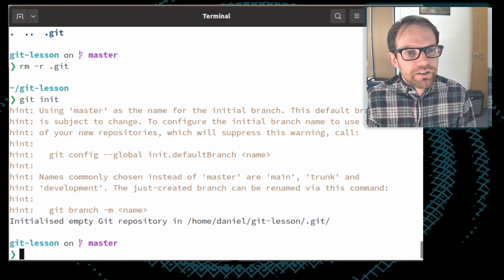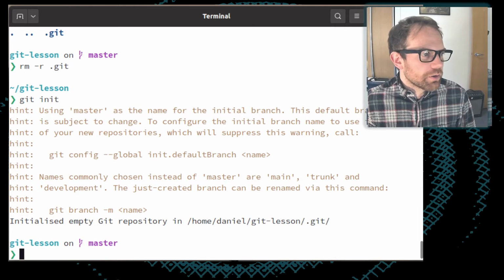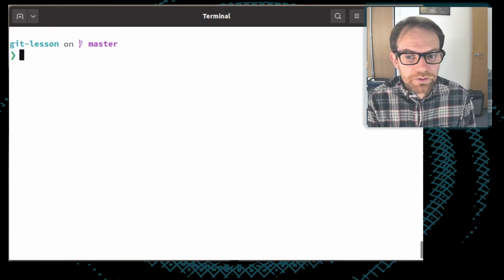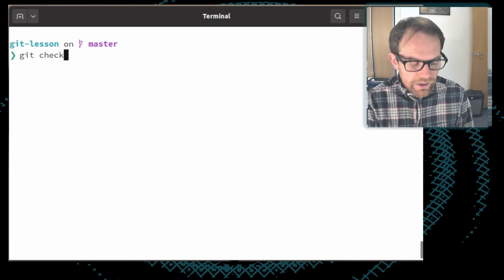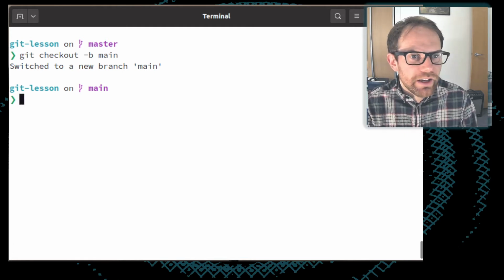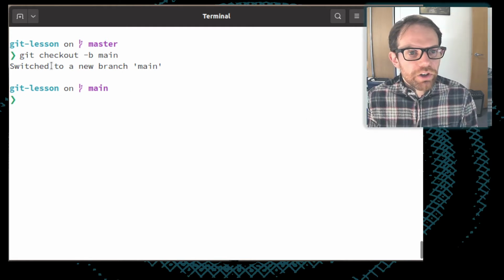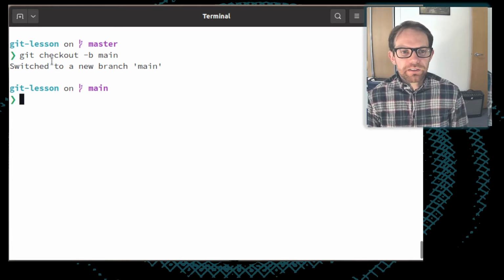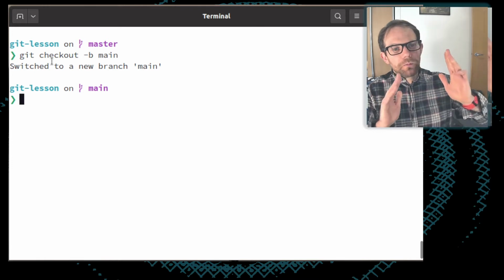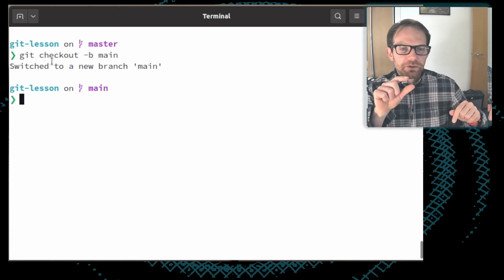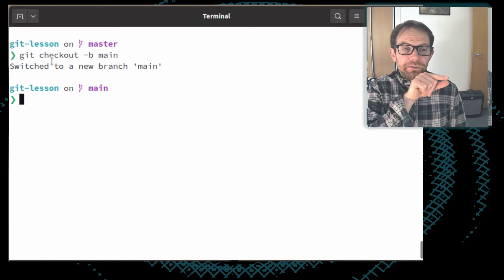Because my default branch was not called main, the lesson is going to tell us how to make it into main. So I can run git checkout -b main. This checkout command changes what we call the branch in Git. The branch is basically, when we have the history of what's going on in this directory, it can be split into lots of timelines. It effectively runs along a timeline.